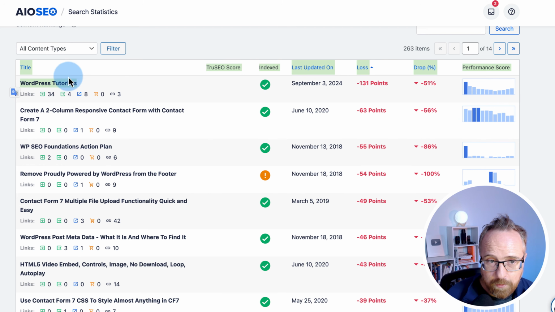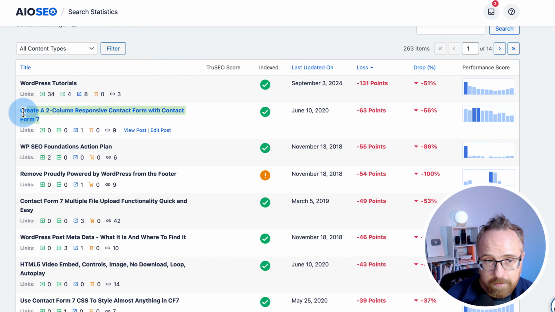So maybe that's not the best one to work on. I just got to put the H1 on there. But probably this one. This one used to get a lot of traffic. Maybe this would be one I want to work on and update it. It hasn't been updated since June 10th, 2020. So by updating that and refreshing it, maybe making a new video for it, I could help that post do